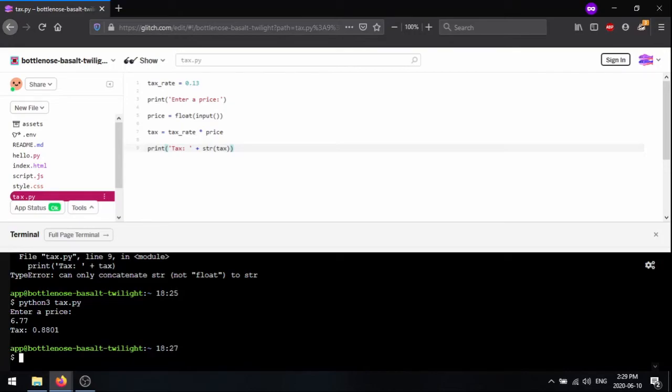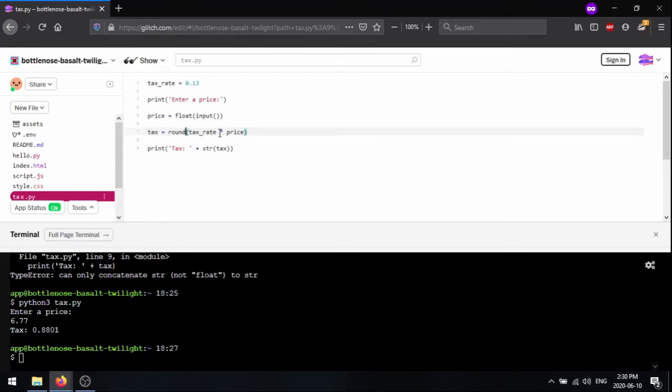One thing we might want to do is round this number here, our tax, because usually you would only want to put the first two decimal points in a price. So let's go ahead and just round this to the nearest 2 decimal points, and we can do that in the tax variable here. We'll wrap this whole number in a round function. So if we type in round and we pass in the result of this calculation, now